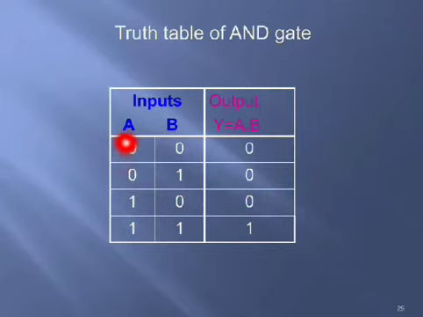For the 2 input combinations, like 4 combinations, you will be defining the 4 outputs. So the AND gate output will be 1 only when all the inputs are 1. If any one of the inputs is 0, then the AND gate output will be equal to 0. That is the basic definition of the AND gate.